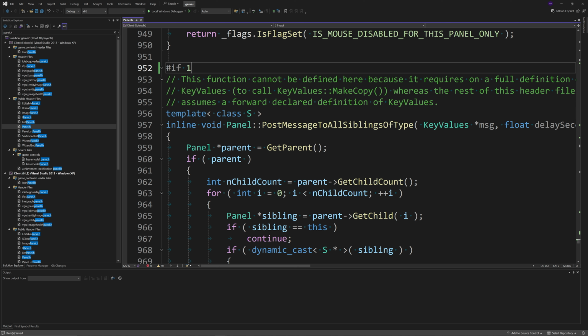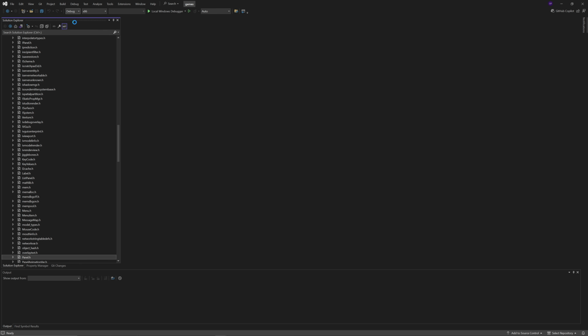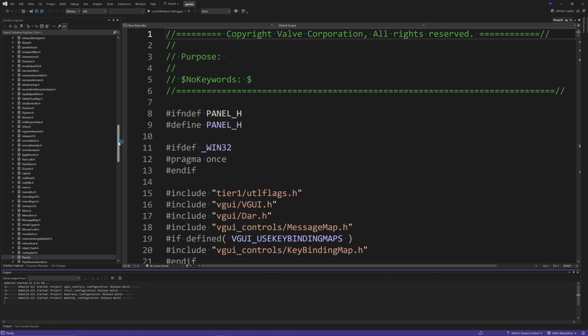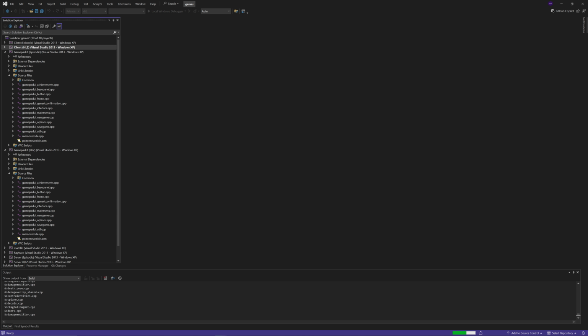Because this is needed for the Gamepad UI stuff to work, and despite what the developer comment says, uncommenting this function doesn't cause any issues. So when you've done this, you can build the solution, it should compile without any issues, and if you want to actually go ahead and test the Gamepad UI feature stuff now, you need to add -Gamepad UI to the